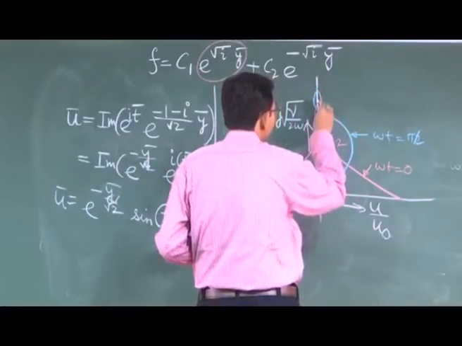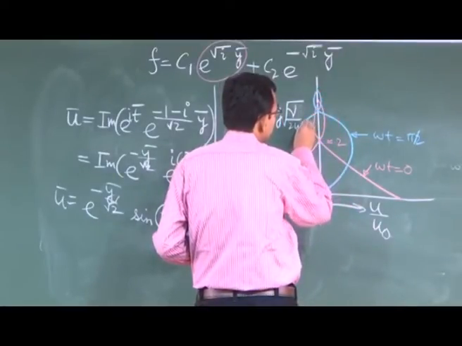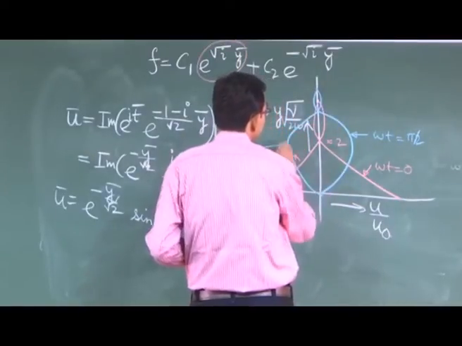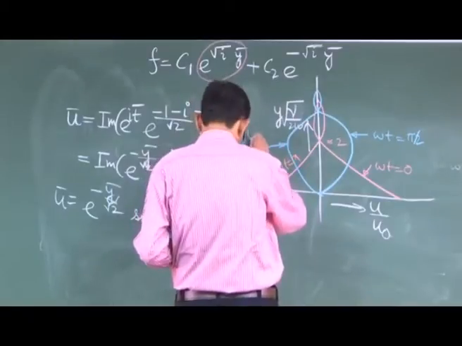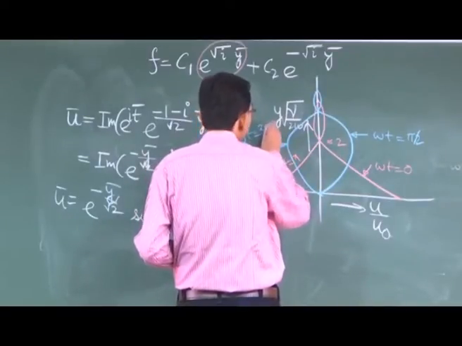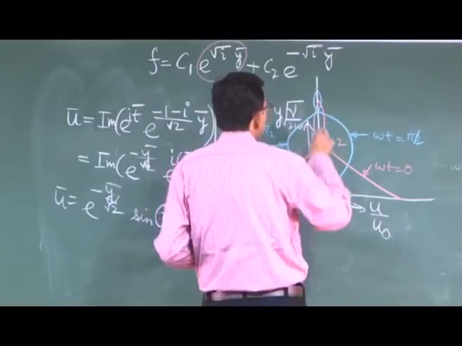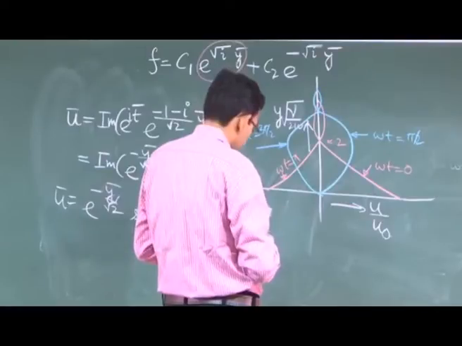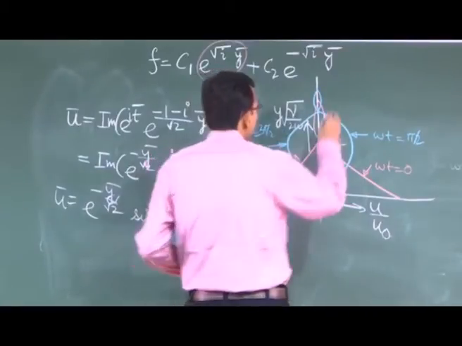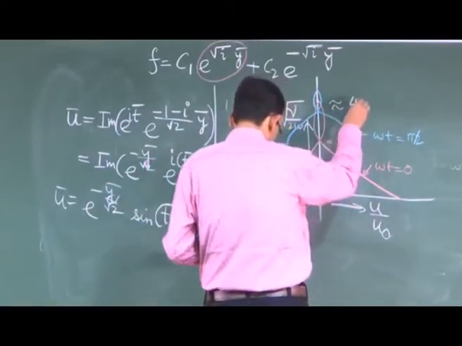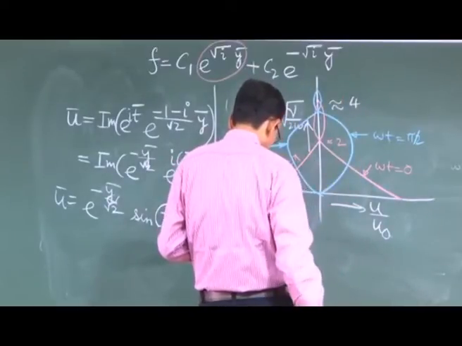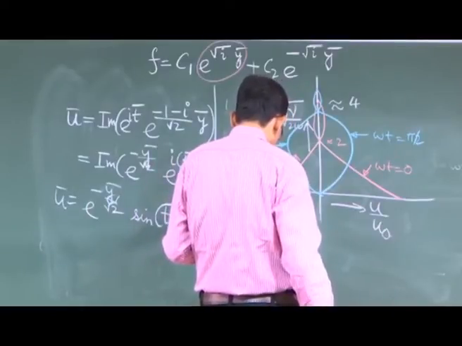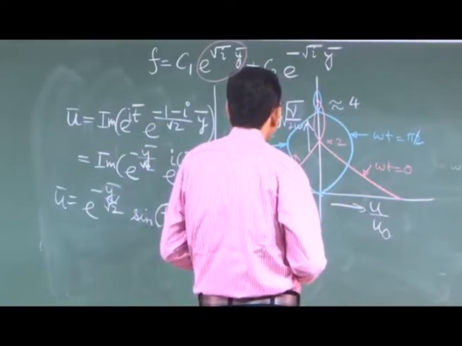So, you will have a symmetric one, this is omega t equal to 3 pi by 2, and from all these observations it is quite clear that it asymptotically gets down to almost 0 when you have